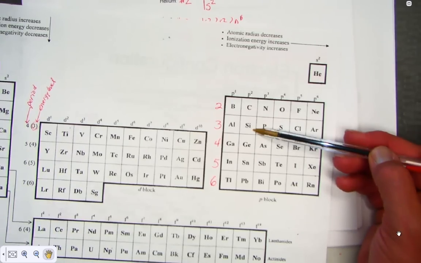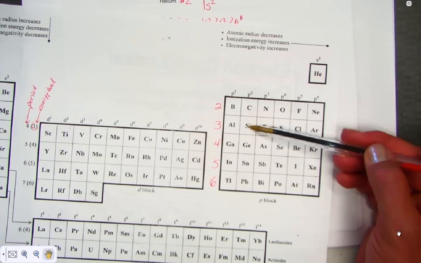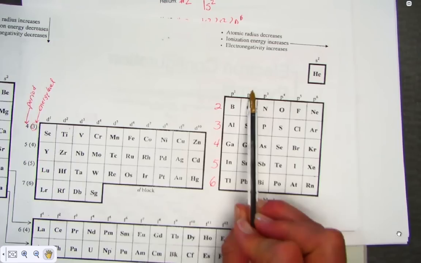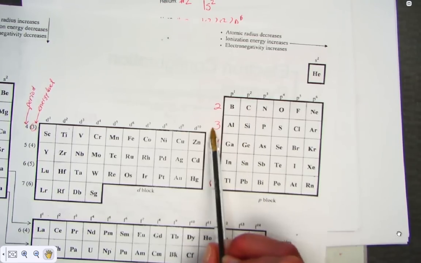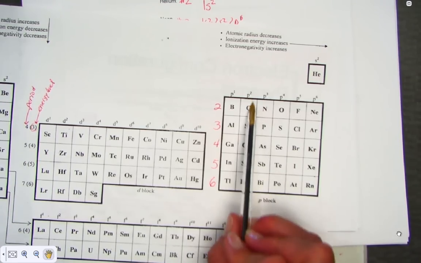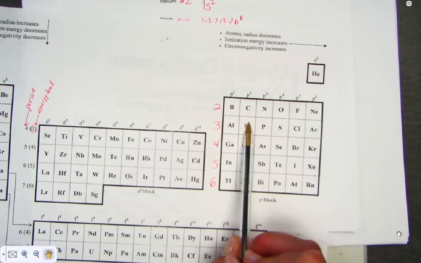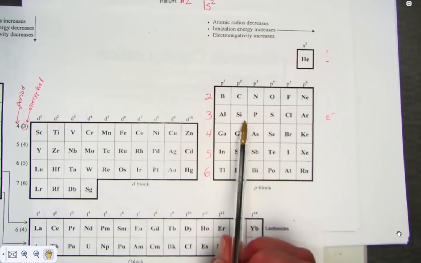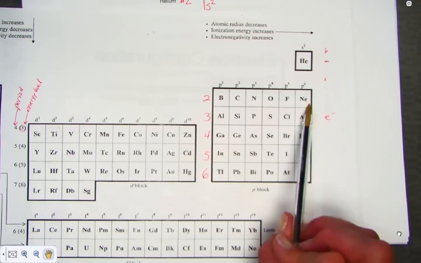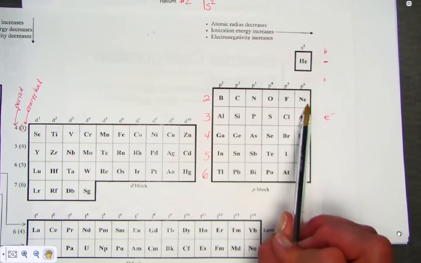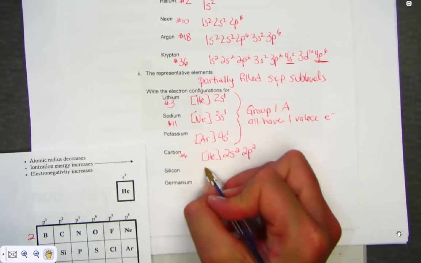Let's try silicon next. Silicon is in the 3rd period, P2 column. The last thing we'll write is 3p2. Who's the last noble gas you pass through before silicon? Well, that's neon, the end of row 2. So if we place neon in a bracket,